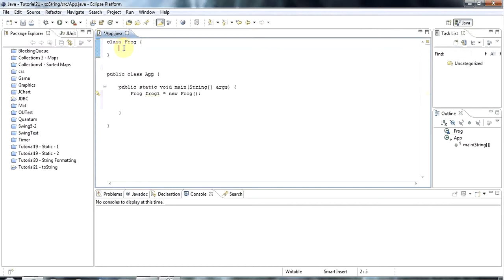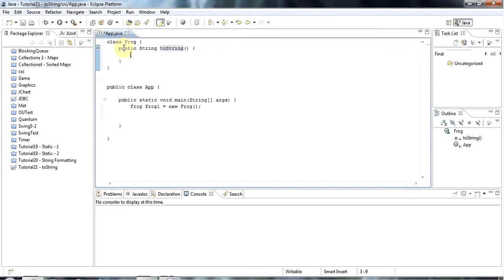I'll start by giving Frog a very simple toString method. So the header of toString looks like this. It's public String toString, lowercase t, capital S, and it takes no arguments. And of course it has to return a String, so for the moment I'll just say return "hello", like this. So I'm just returning a string here,